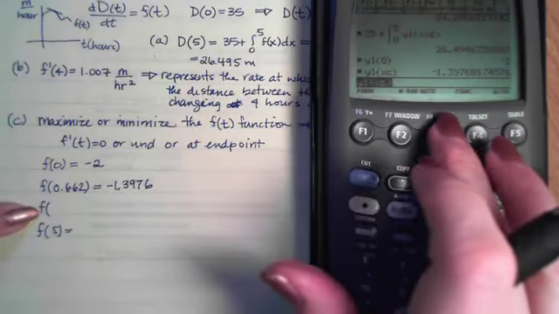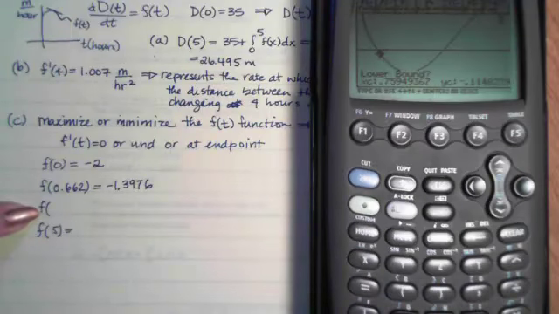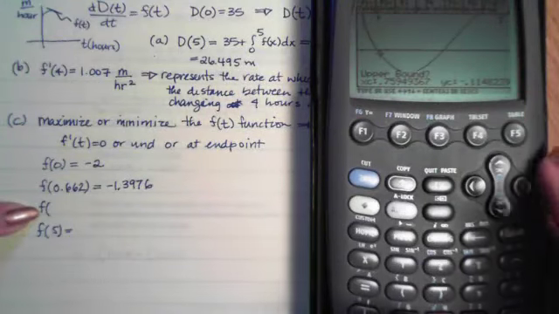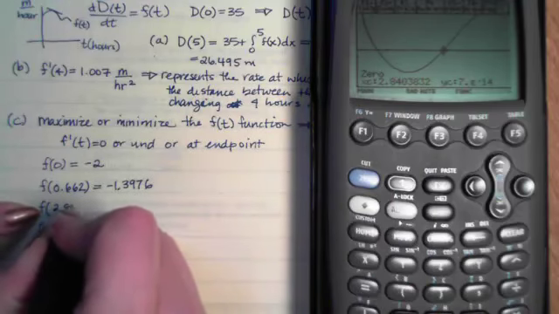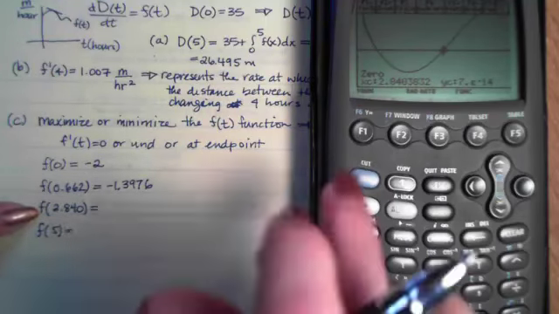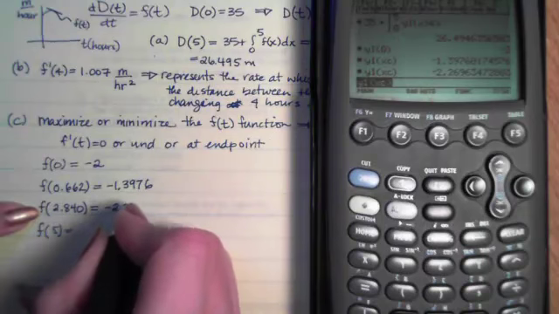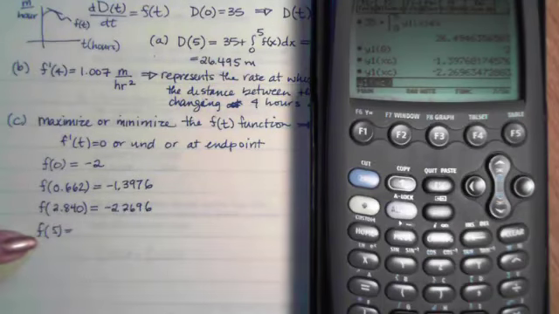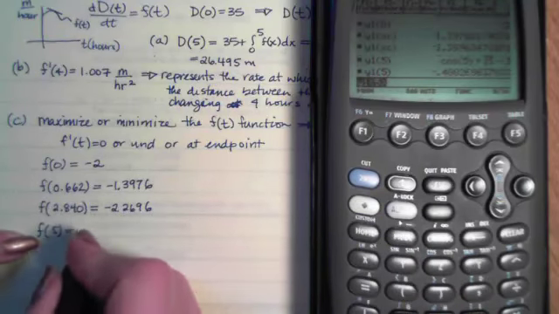I can now go back to my graph and look for my second 0. I'm already to the left, so I've already got my lower bound. Upper bound is probably 4. And I've got another 0 that's now 2.840. I'm going to store that as XC, and on the home screen I can do Y1 of XC again. This time I'll get a -2.2696, and then I need F of 5, which is Y1 of 5. I end up, oops, diamond enter, end up with a